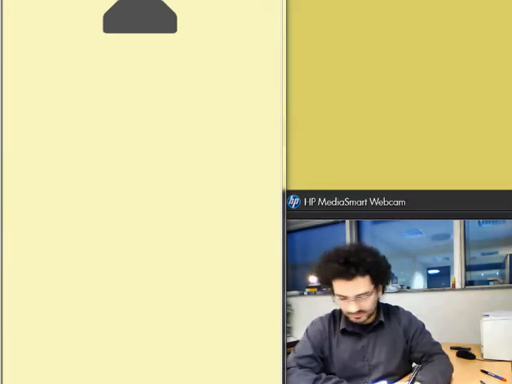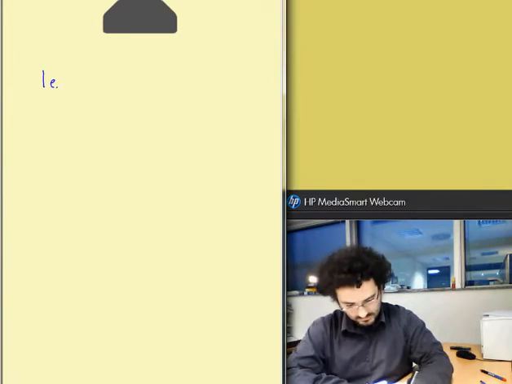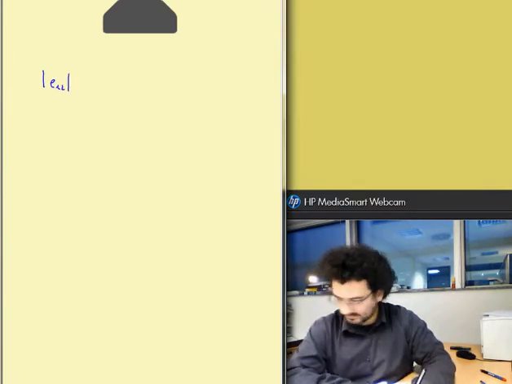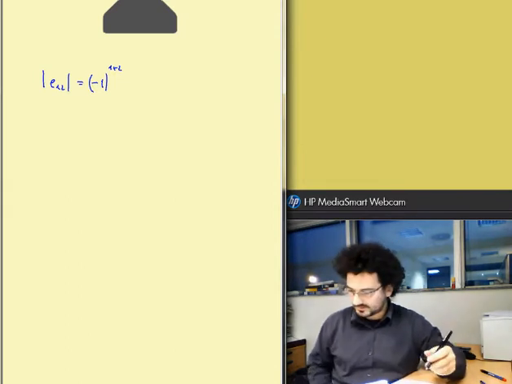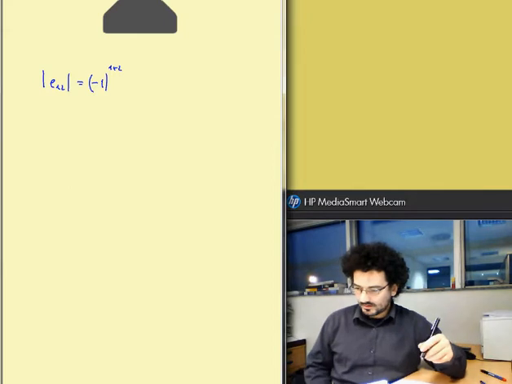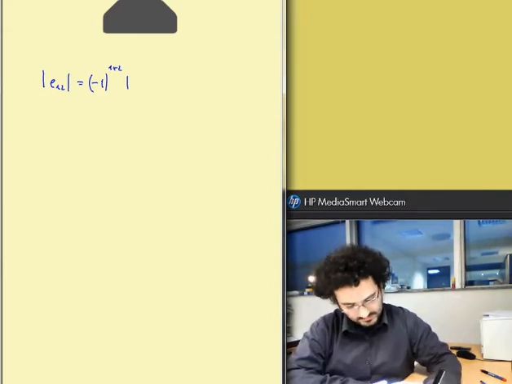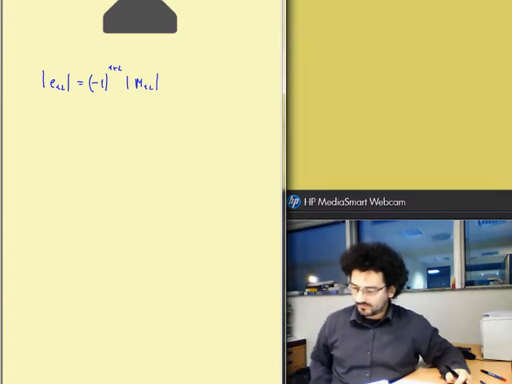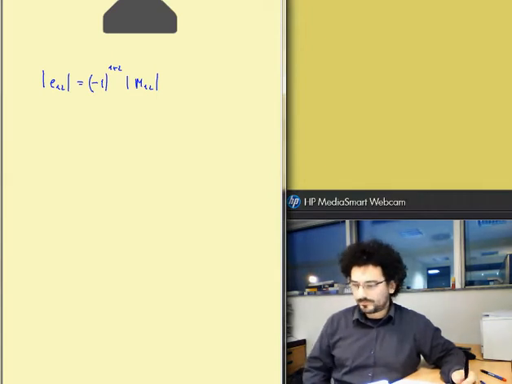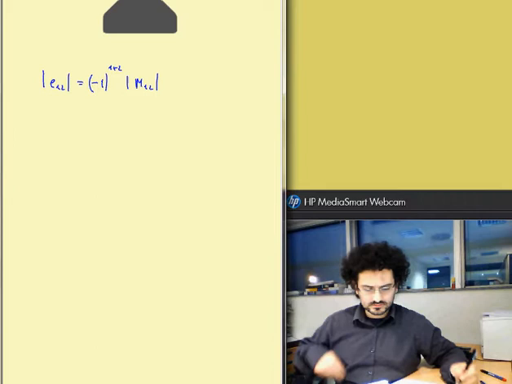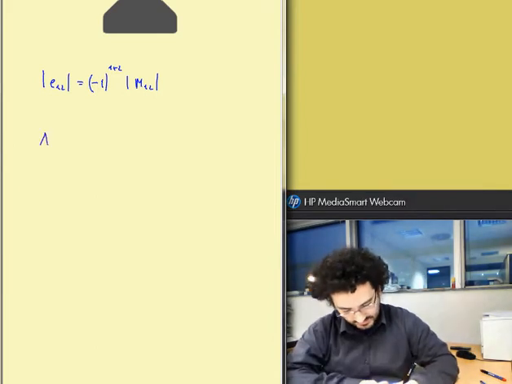The cofactor C12 is equal to minus 1 to the power 1 plus 2, so the sum of the row and the column of the element we are considering, times the determinant of the minor M12. What is the minor M12? It is the submatrix we can obtain by deleting the row and the column of the element we are considering. So in our case we can write again the matrix A